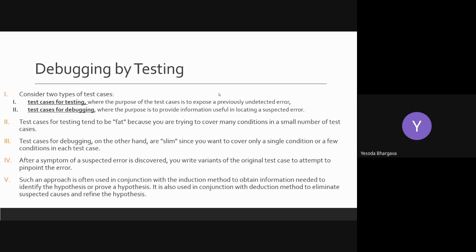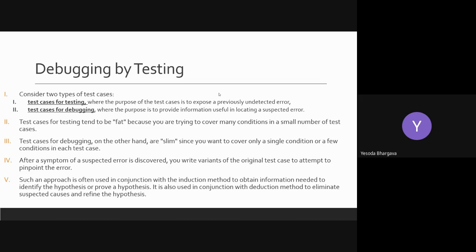Whereas when you form test cases for testing, as we will study in our next set of lectures, there is actually a master test plan. So test cases for testing have a very different objective than test cases for debugging. In one case, test cases for testing help you cover many conditions and identify what is not functioning well. Whereas test cases for debugging help you understand the one single condition or suspected error that is really causing that particular bug in your system.